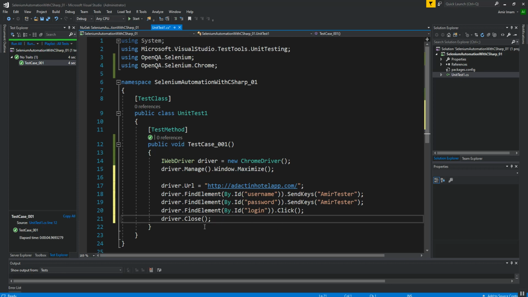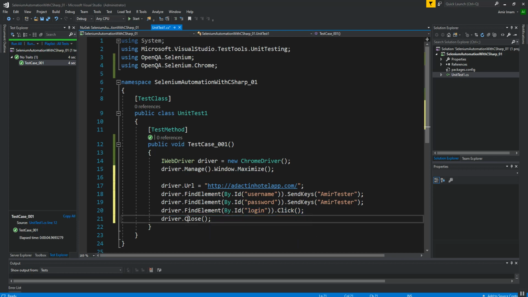So I perform the same. This line will find an element in the above browser and write army tester in the username field. Then it will find the password field and write the password, and it will find the login button and click on it.